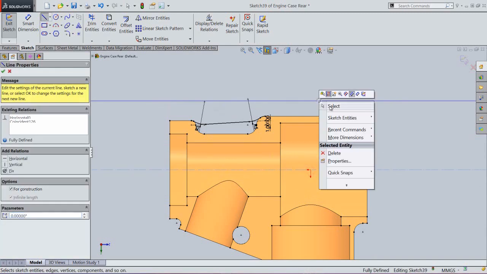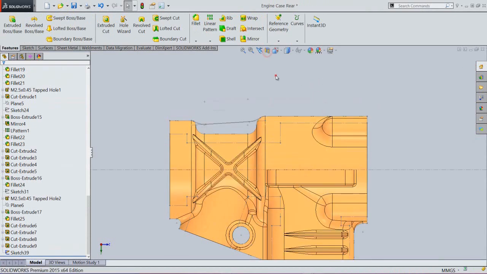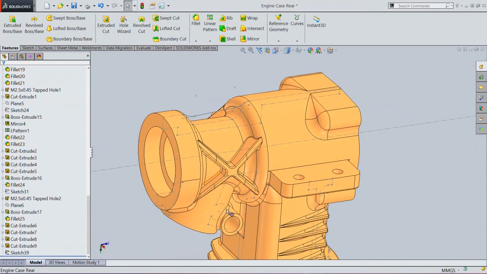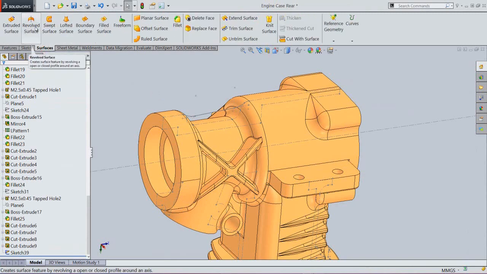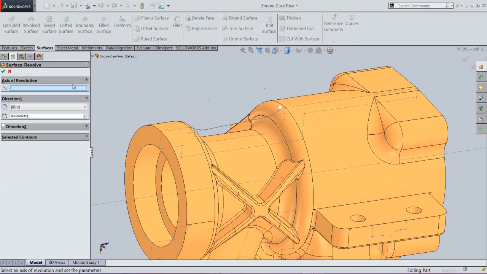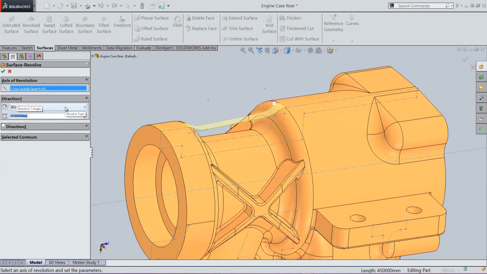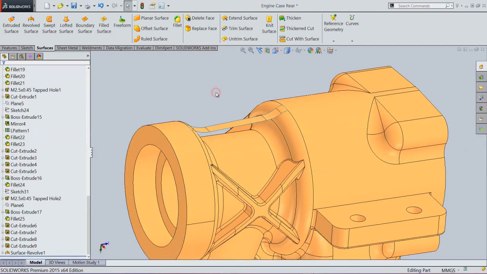OK, finish the sketch. Now we will activate the revolve surface command and select the sketch. Choose axis of revolution, select the center axis. Now the preview is visible here. Set the angle 10 degrees. Choose mid plane. Now see, my revolve feature is created.